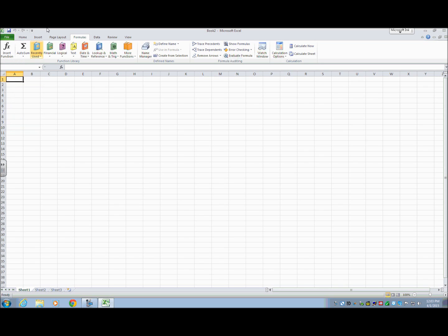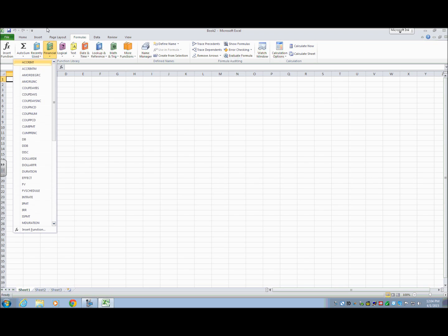Microsoft Excel. And move over again. Financial: browse and select from a list of financial functions. Okay, financial functions are in the split box again. Enter to enter the split box. Accrint returns the accrued interest for a security that pays periodic interest. Now when it says financials, it's not kidding. It really has formulas for all sorts of different things that you can